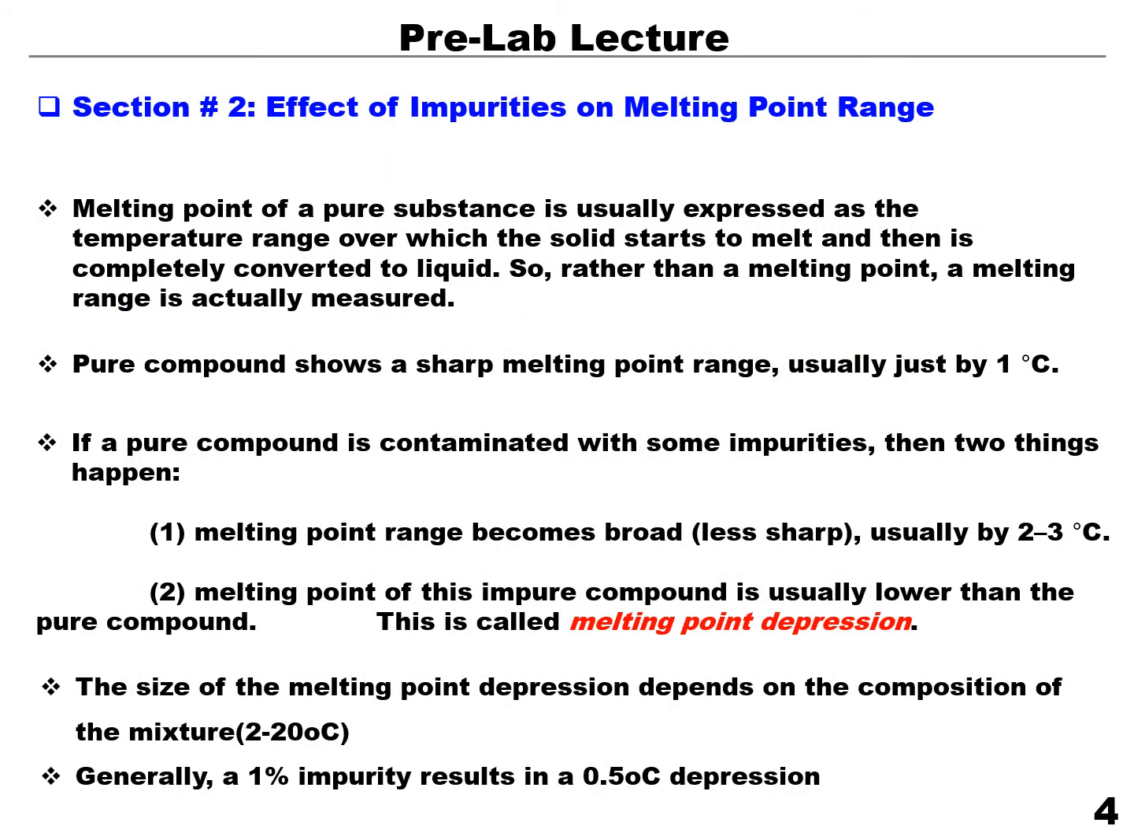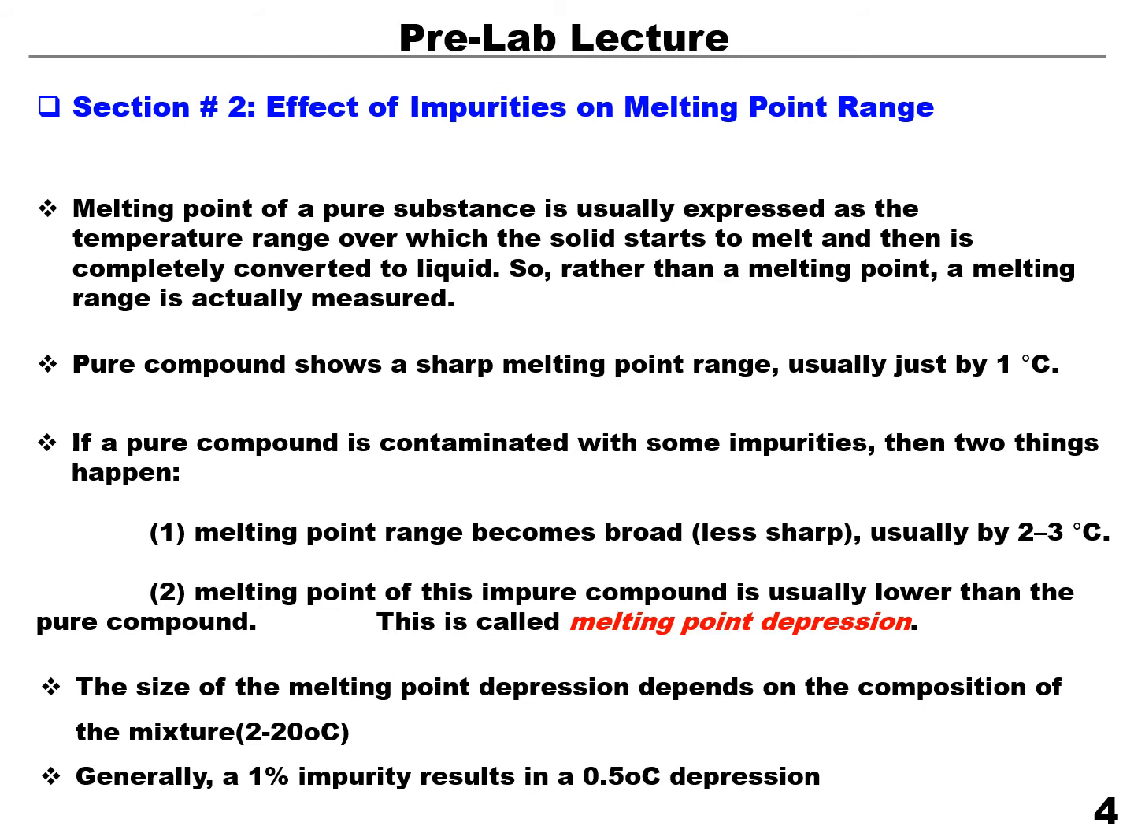Going on, the melting point of a pure sample is always higher and very narrow in range. Normally, the melting point of any pure substance has a range of between 1 to 2 degrees Celsius. However, if this pure sample is contaminated, this melting point range will be broadened